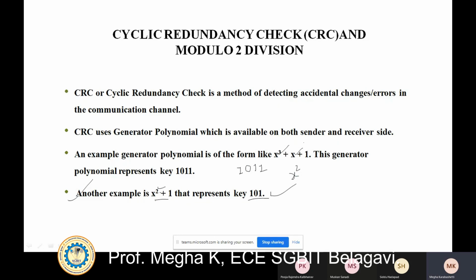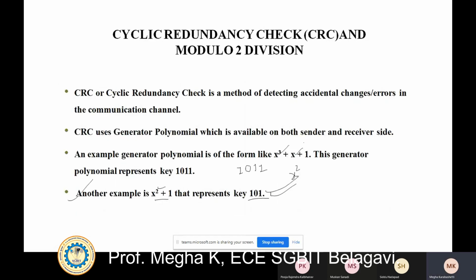The x would be the next degree, and as there is no x in the equation, its coefficient becomes 0. The last one is the constant, and its coefficient is 1. This is how you convert an equation into a polynomial. In cyclic redundancy check we use polynomial operations, so it is necessary to know how polynomials are written.